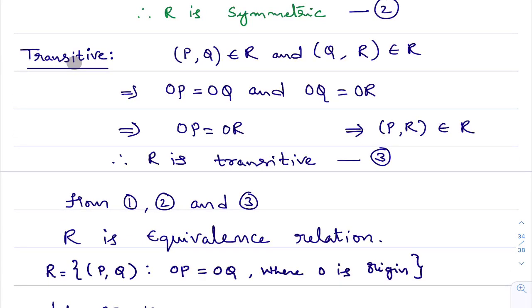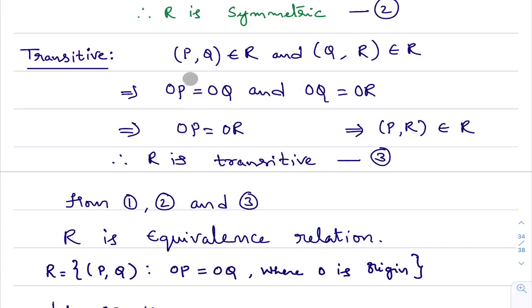You will consider a pair of ordered pairs. You see here P comma Q, Q comma R. Such relations I took in R. Do not confuse this R and this R. This is the relation R. This is the point, or else you can change the points to A, B, C. You can take A comma B, B comma C, like that. By mistake I wrote R here. This R is a point, this R is a relation.